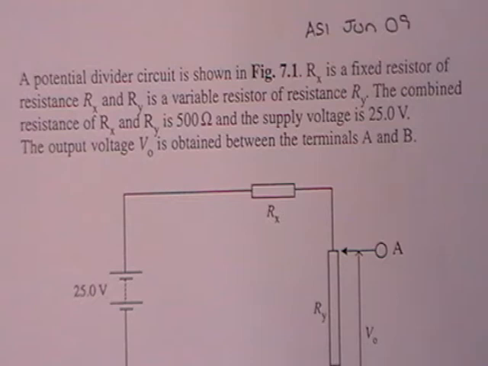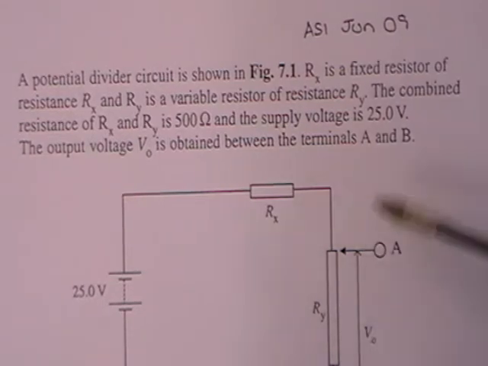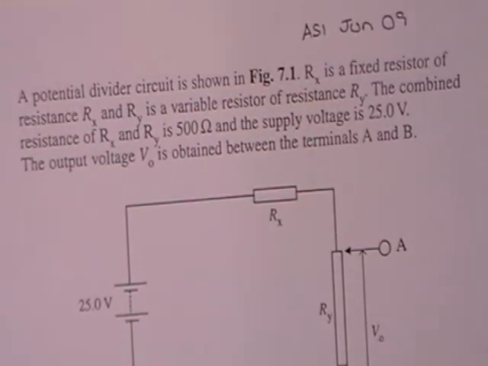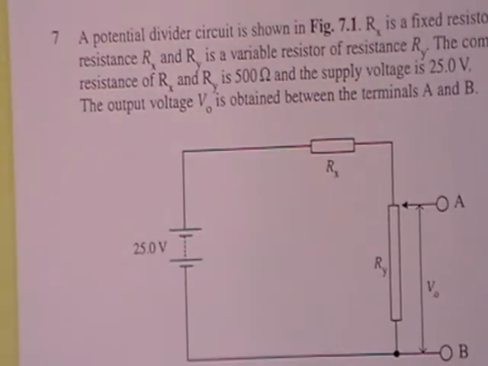The combined resistance of the two of them is 500 ohms, and the supply voltage is 25 volts. The output voltage is obtained between the terminals A and B. The maximum value of V0 is 15 volts when the sliding contact is at the position shown. Calculate the two resistances. And so it's really just a ratio of, we know we've 25 across our circuit, so